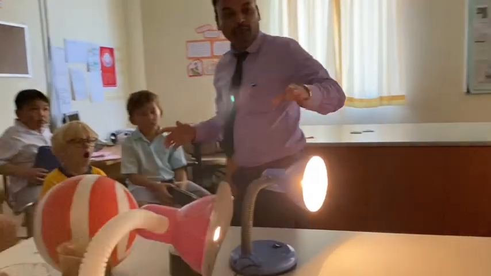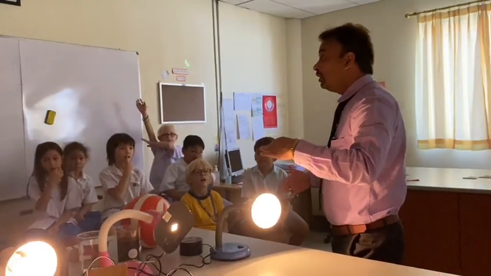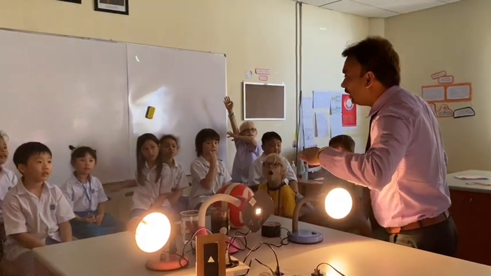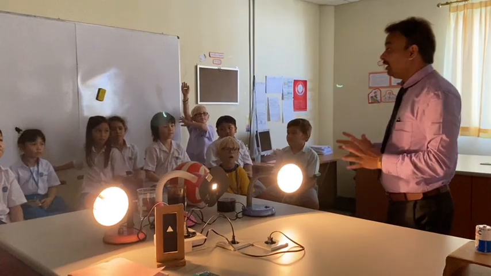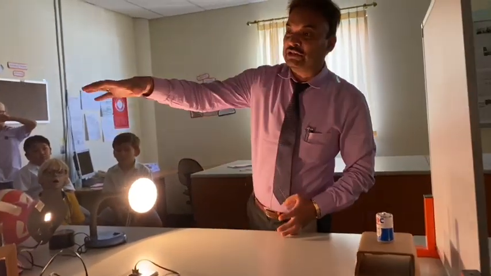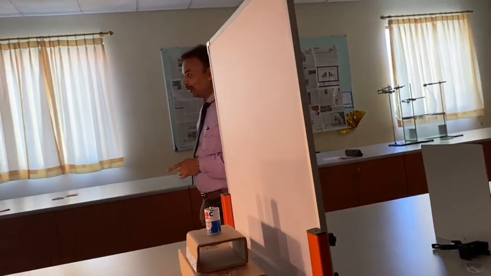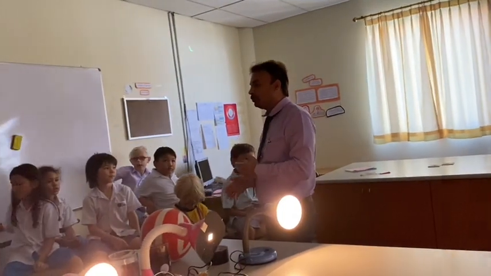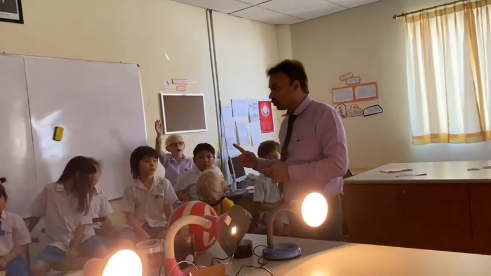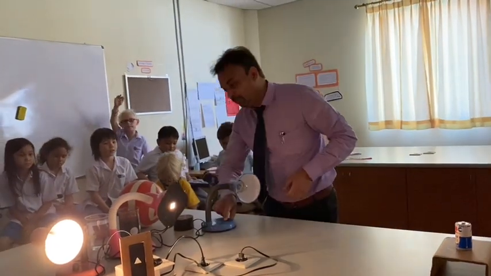The number of shadows of one object depends upon the number of light sources we have. If I place 10 light sources, 1, 2, 3, 4, 5, 6, 7, 8, 9, 10, then how many shadows will we get? 10. Okay. So the number of shadows depends upon the number of sources, right? Okay. So let me take one more